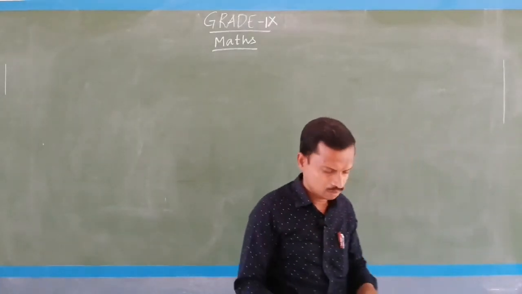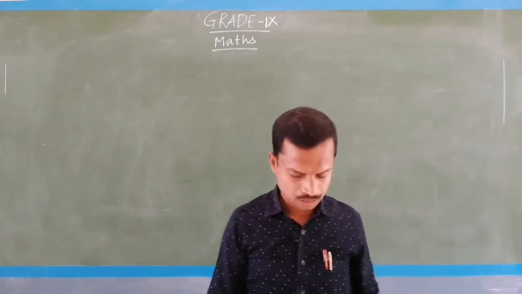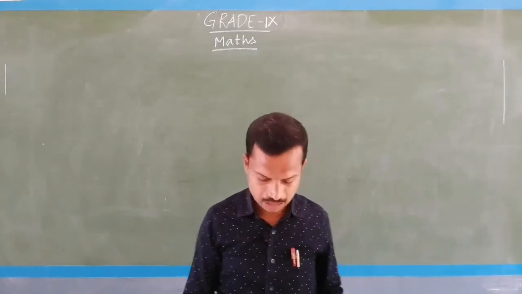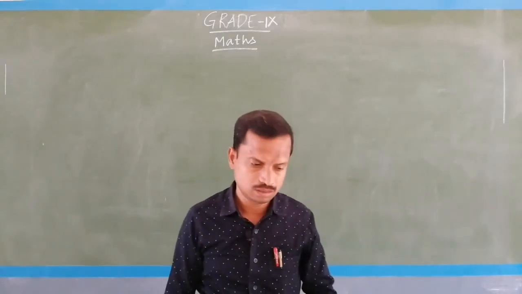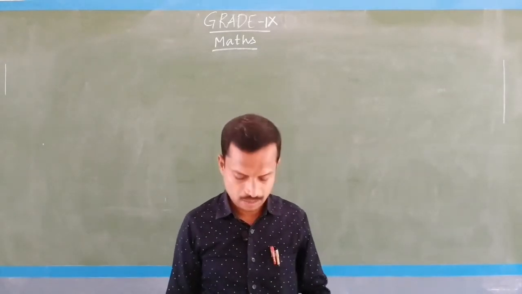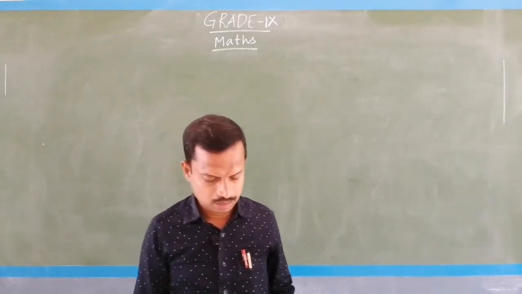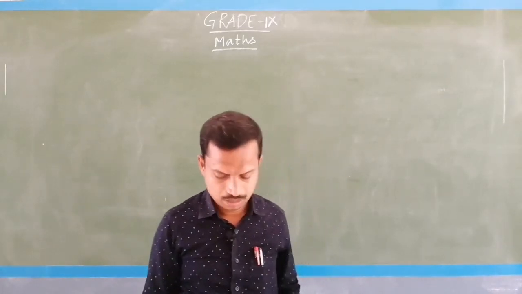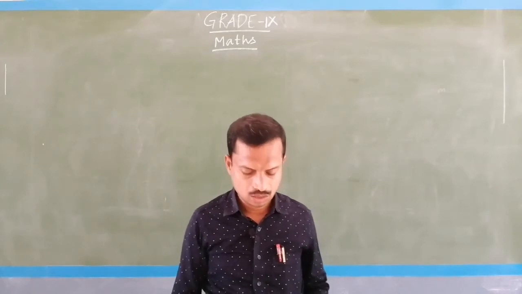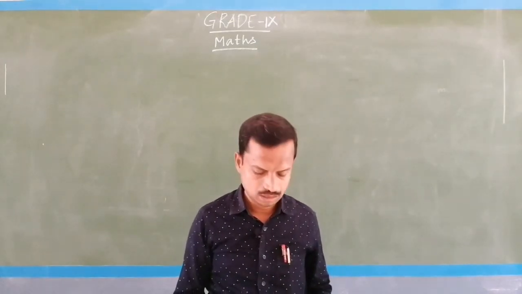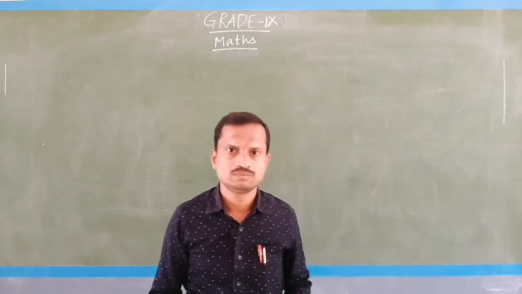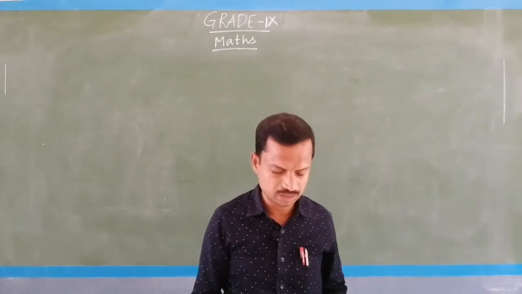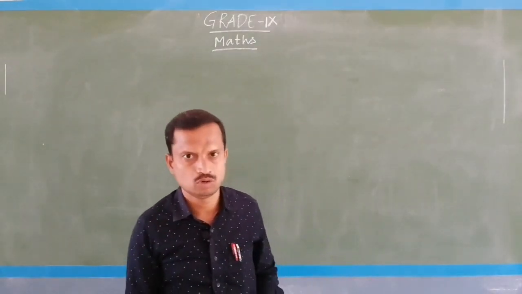And now in the book on page number 90, some basic terms and definitions are there. You just take what we discussed in the chart. Under that, basic terms and definitions on page number 90, line segment is there. I will read out, that alone you write. Under the line segment term, a line with two endpoints is called a line segment. That's all. It is given in the book itself.